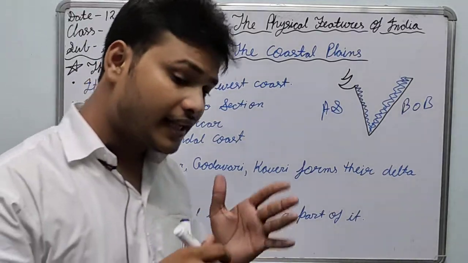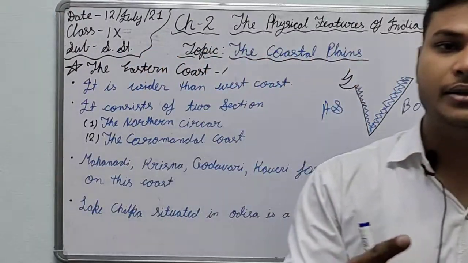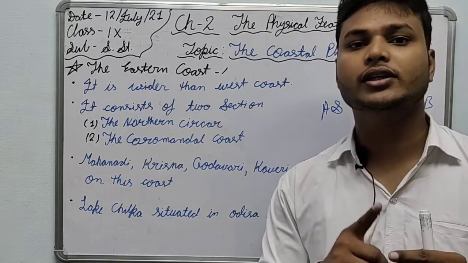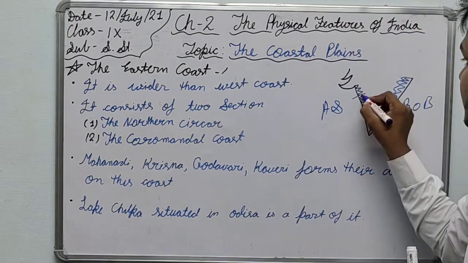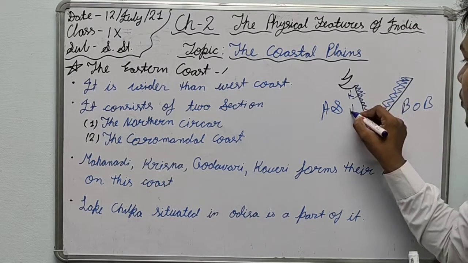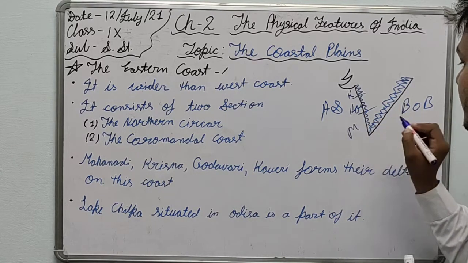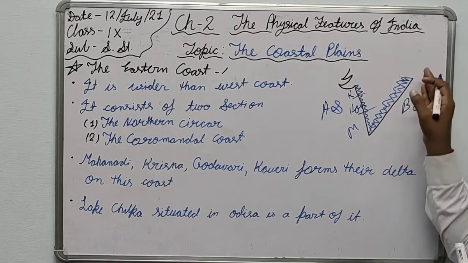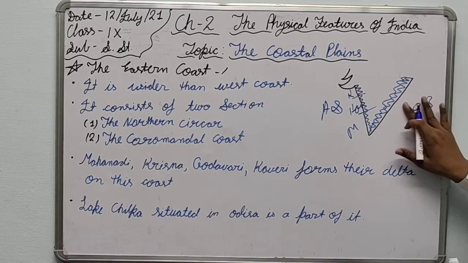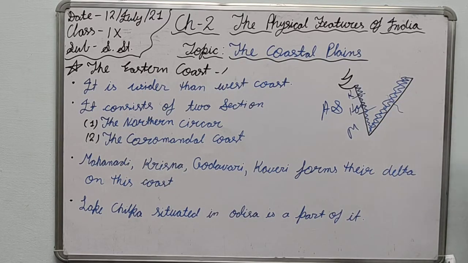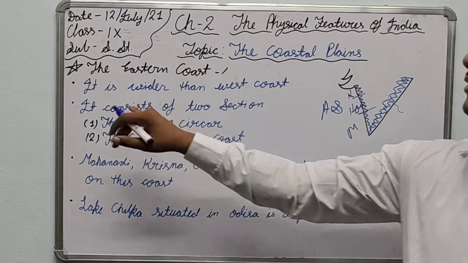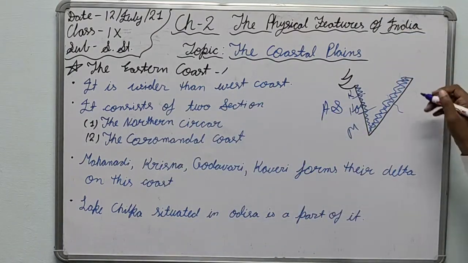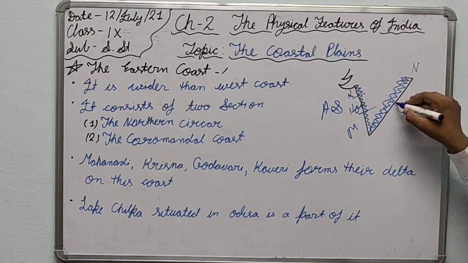The western coast is divided into three parts: Kannada, Konkan and Malabar. Look, the first portion is known as Kannada, the second is Konkan, and the last one is Malabar. Same as this, the eastern coast is also divided into two parts. You can divide it from here. It consists of two sections, that is this, in the north direction, this portion